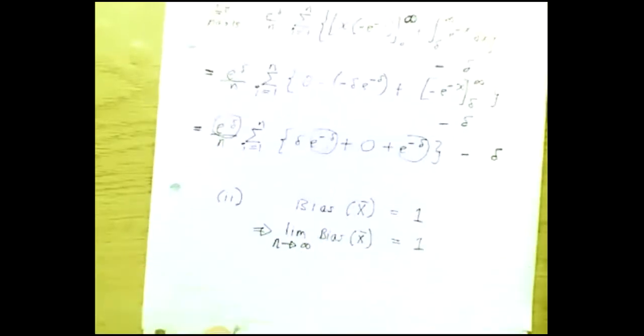All right, so the limit of the bias is equal to 1. All right, now part 3